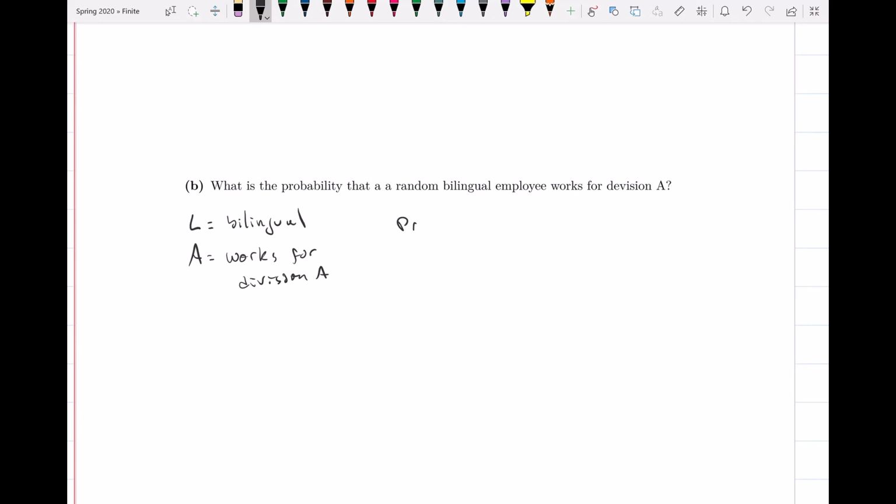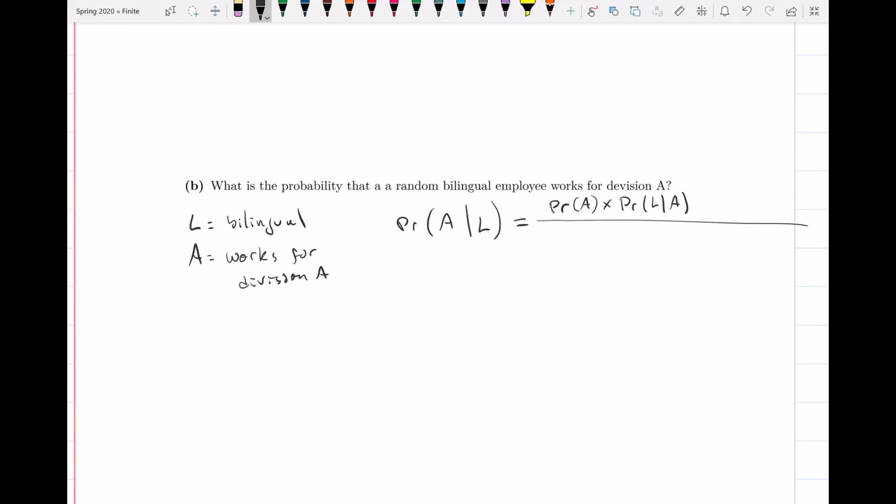All right, so then what we want is the probability that they work for division A given that they're bilingual. Well, this is a good time to use Bayes' theorem and not a tree diagram. So this is going to be the probability that they work for division A times the probability that they're bilingual given that they work for division A,